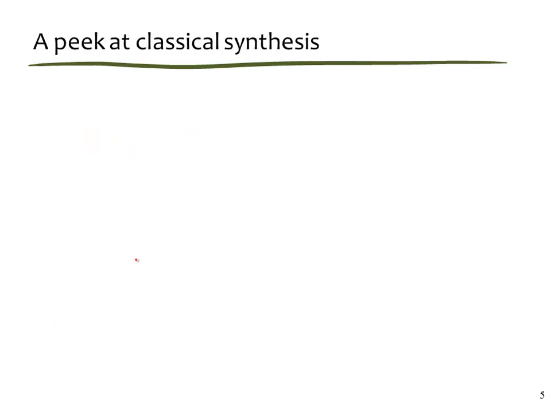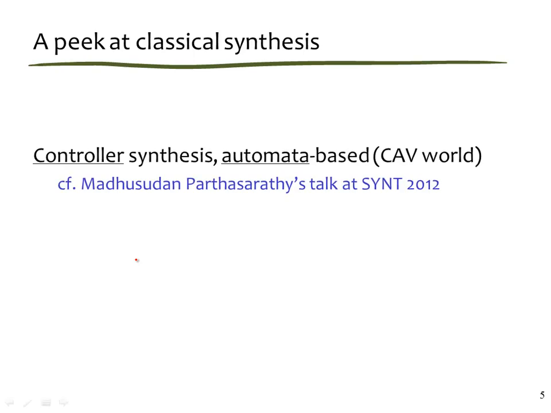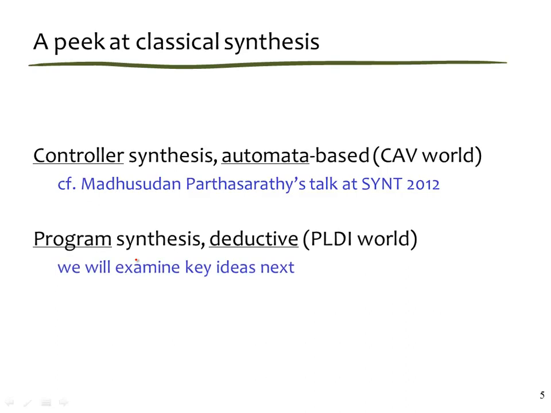We'll start by picking at classical synthesis to see what we do differently and how. There are at least 2 branches of classical synthesis. One of them is controller synthesis, usually phrased as an automata-based technique. This is perhaps more from the CAV world, and we will not talk about that, but you can look at the talk that Madhu gave 2 days ago at the synthesis workshop. The classical synthesis for us is mostly the synthesis of programs that are functional, that accept input, produce an output,